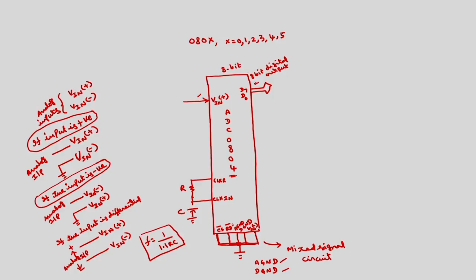Okay. Coming to the other side, we have the WR bar signal also. This WR bar signal will act as the start of conversion signal. I will explain this WR bar signal, and then we have the INTR signal. WR bar is an output signal, INTR is an input signal,